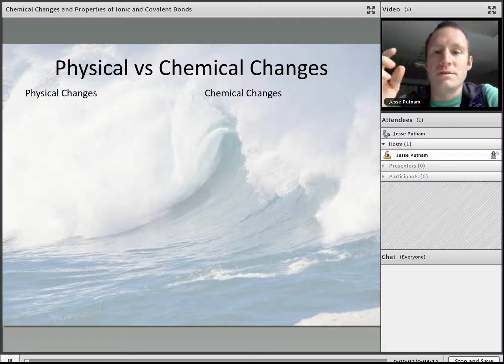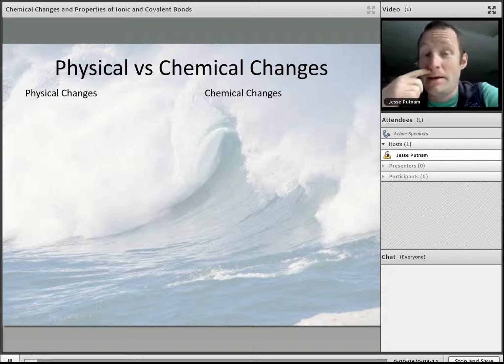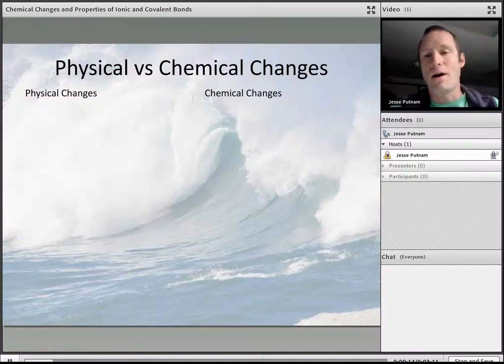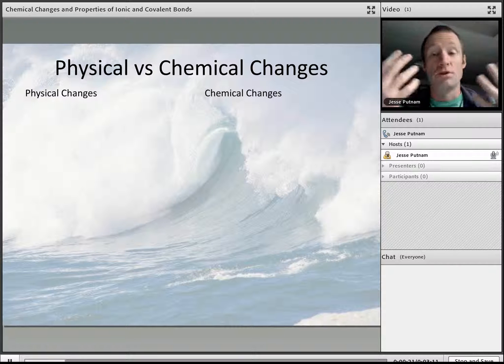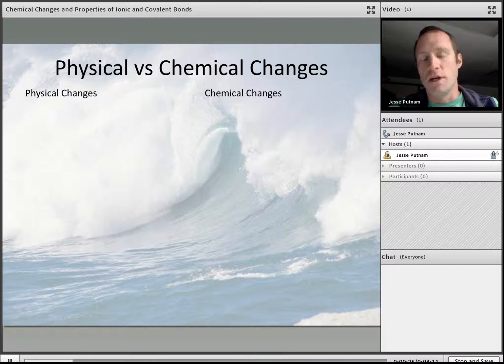Now that we've learned about the structure of the atom, what it's composed of, and the arrangement of its electrons and how that influences its reactivity, we want to think a little bit about how we can look in the world around us and differentiate between chemical changes, where those chemicals are reacting, atoms are actually forming or breaking bonds, and physical changes, which are just basically garden variety or other types of changes that occur around us that aren't necessarily chemical in nature.